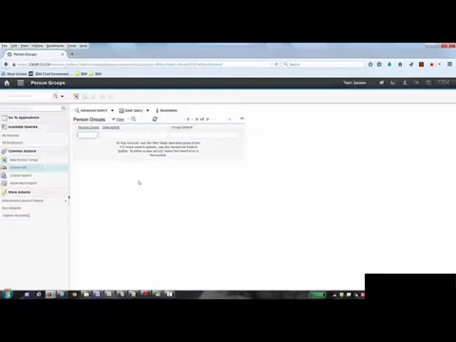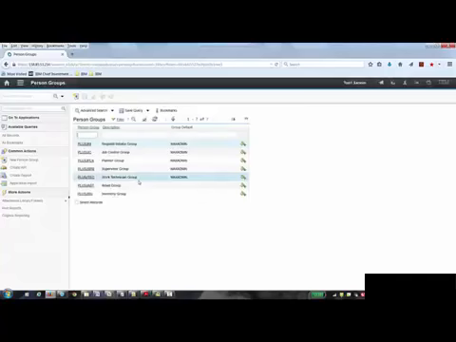And when I look at this list, Fundamentals has predefined person groups. And these basically go hand in hand with the predefined security groups. Person groups at this point are used to support sending emails to different users, and we anticipate other uses for person groups going forward. So what I have here is, you can see the first 5 person groups are defined